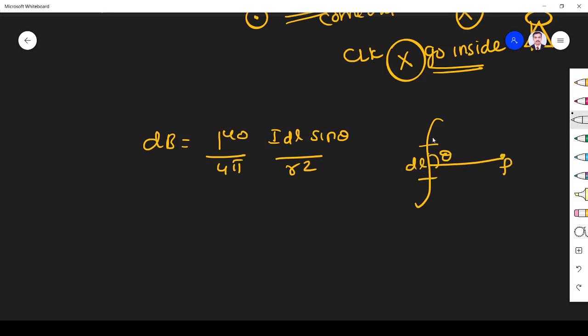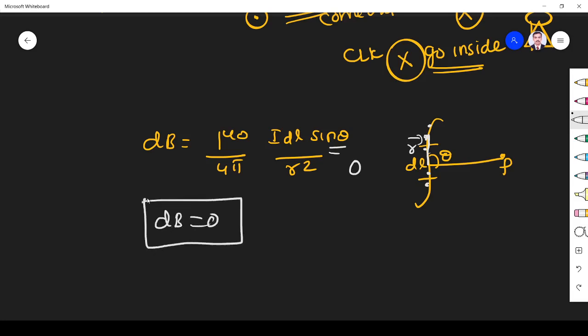Suppose you bring the field point onto the line of the conductor and want to find the field there. The theta will become 0, because theta is the angle between the line connecting the field point and dl. If you bring your field point here, it should connect the center of the element to the line, so it will be parallel. That is, the r vector and dl become parallel. So theta will become 0. So dB is 0. So the magnetic field produced in the conductor is 0. It will be around the conductor only, not on the conductor.